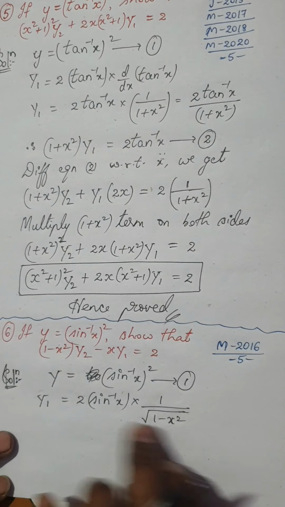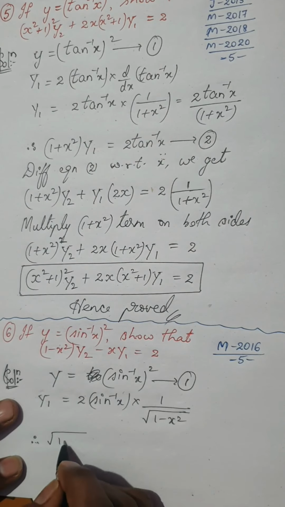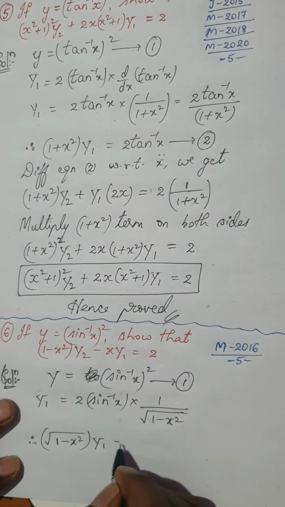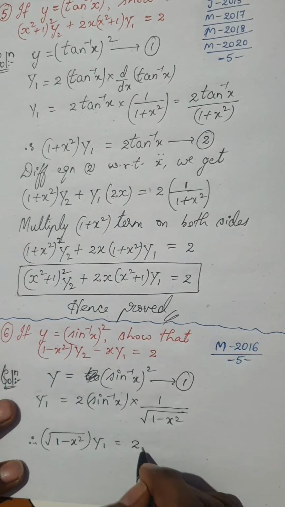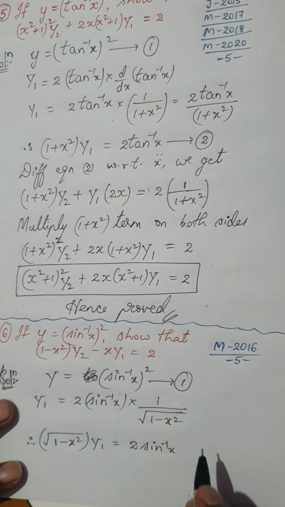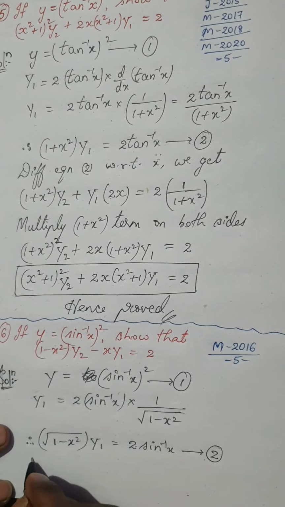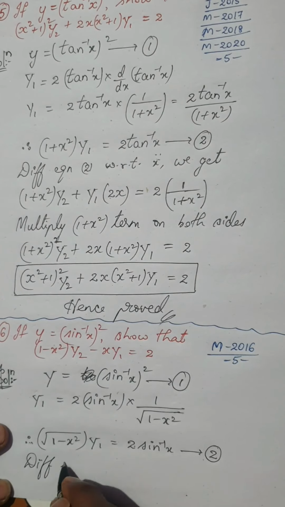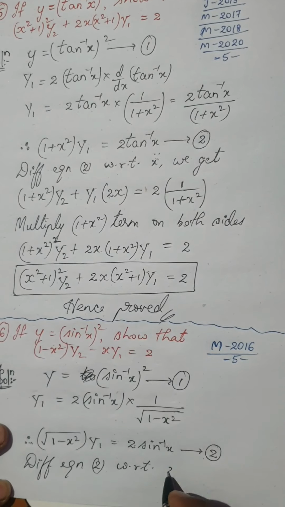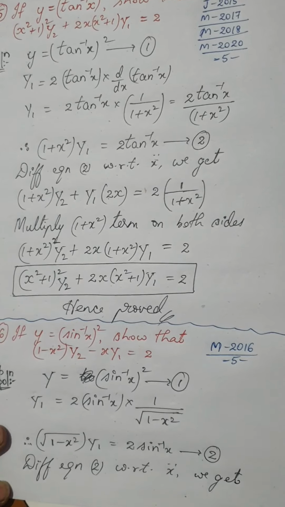As we did in the previous case, let us cross multiply. Therefore, I am going to get root of 1 minus x square into y1 is nothing but 2 times sine inverse x. Is it clear? Let me take it as equation 2. Okay, so if you differentiate equation 2 with respect to x, we get, remember,